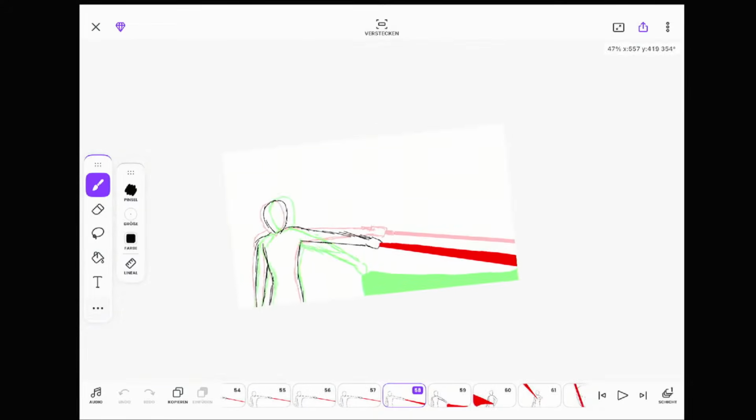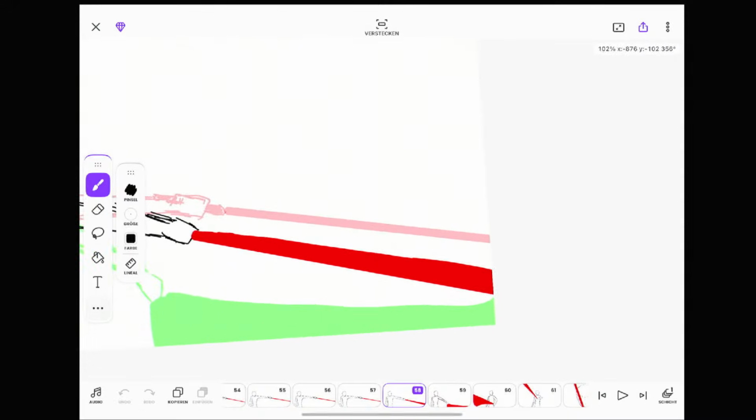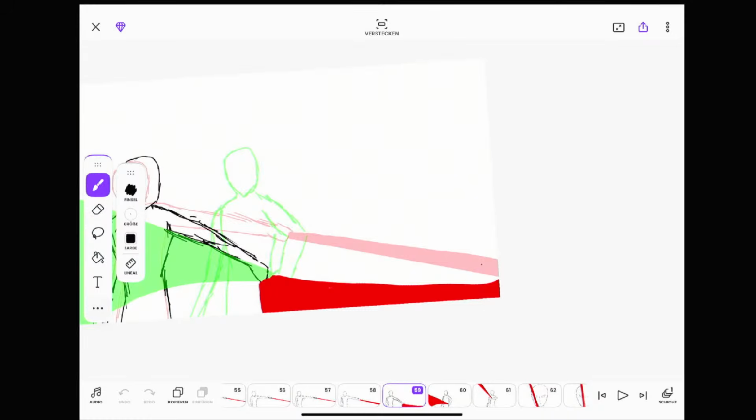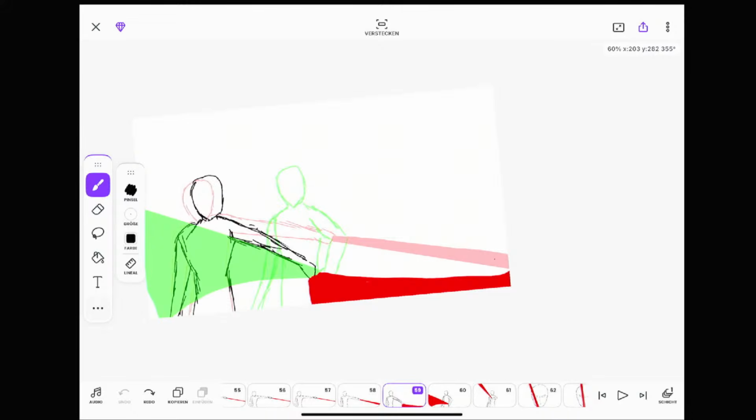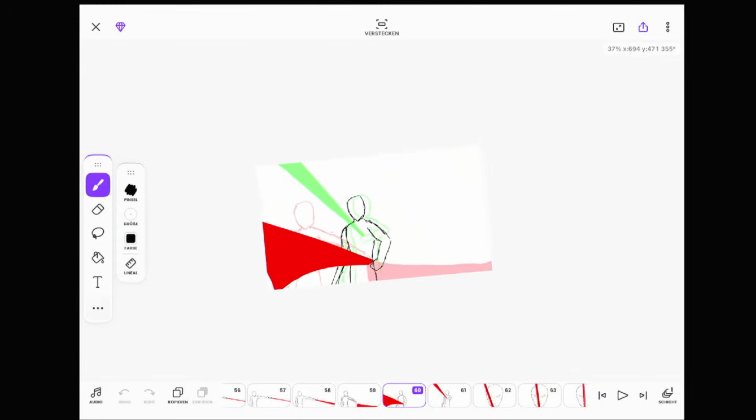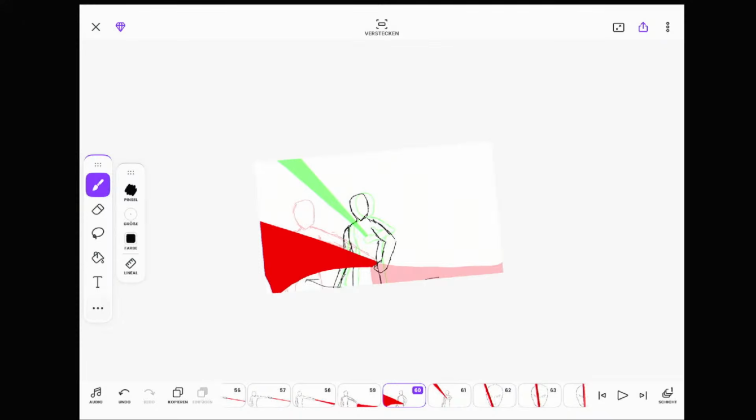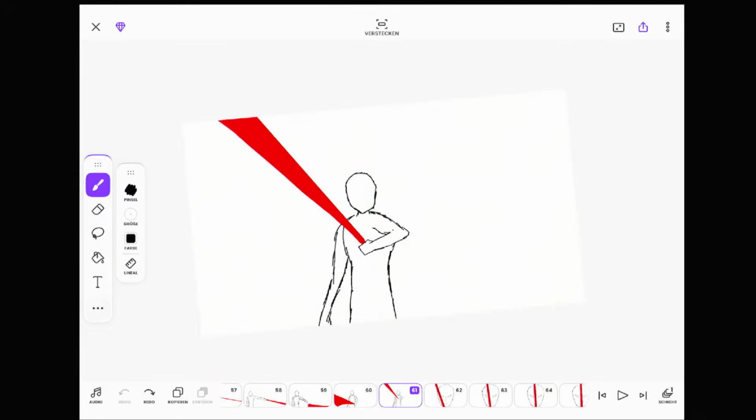Then the animation goes a little bit faster. You see the gap gets a little bit larger, even larger than in the frame before, and then you see that the frames are changing way more and it gets faster.